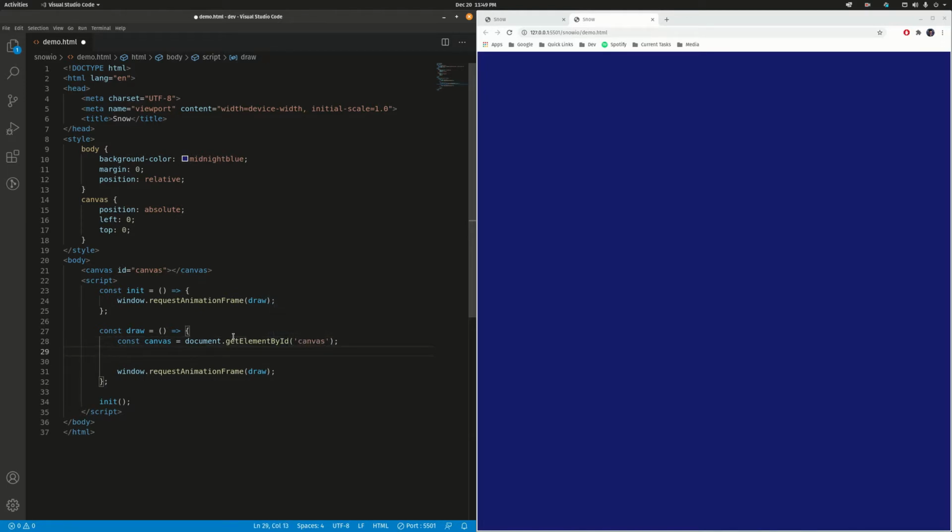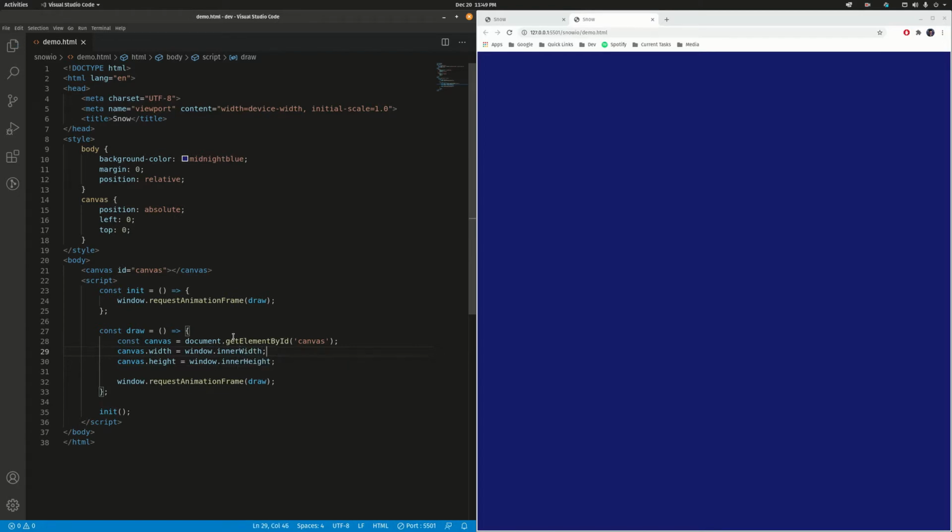Now the next thing we're going to do is actually dynamically set the width and height of the canvas so that it takes up the whole screen. So canvas.width is going to be window.innerHeight, and canvas.height is going to be window.inner, actually that should be height, mix that up,